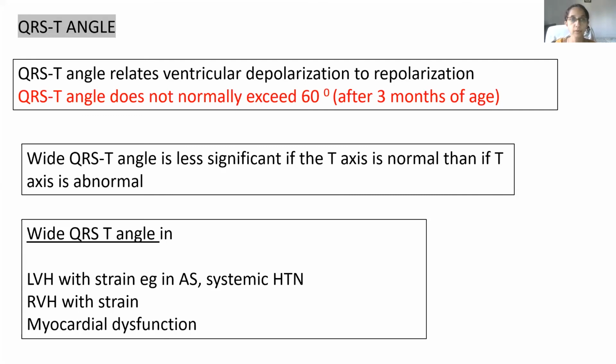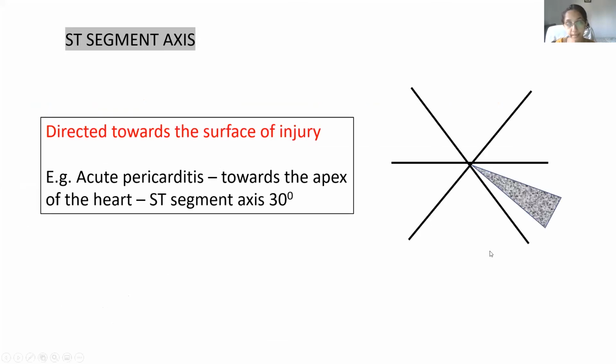So this is the importance of T wave axis. Now there is something called ST segment axis. Similarly, you will talk about ST elevation, ST depression. In a similar way, you will decide what is the ST segment axis. In contrast to the T wave axis, which goes away from the pathology, the ST segment axis goes towards the